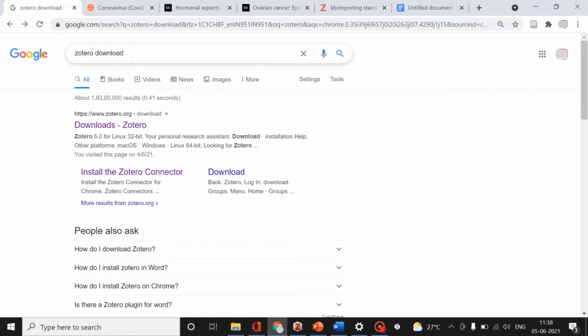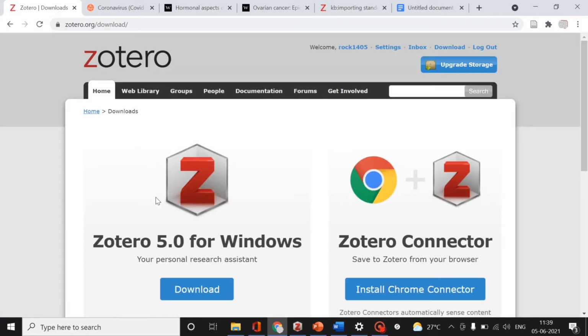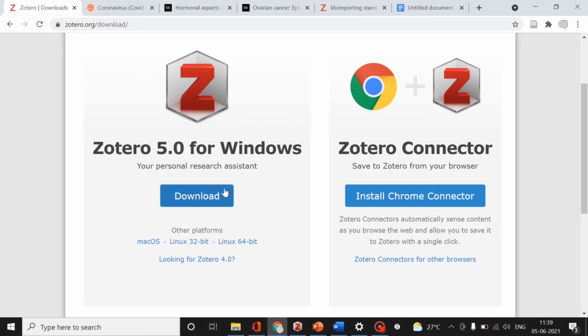So first is the Zotero download. What are all that Zotero downloads you need to do? You have to just type Zotero download in Google. You need to click on this downloads needed for this Zotero. Automatically it will identify your computer configuration, your OS which is present, and it will ask for the exact format of the software. Zotero software needs to be downloaded. On the other hand, you can also check with the compatibility of what it is shown here. You can also download for this is for Windows.